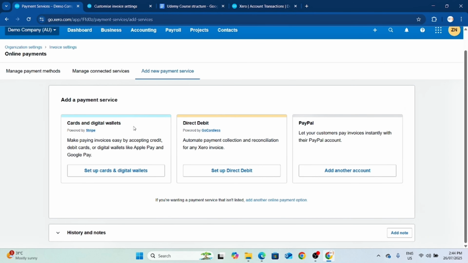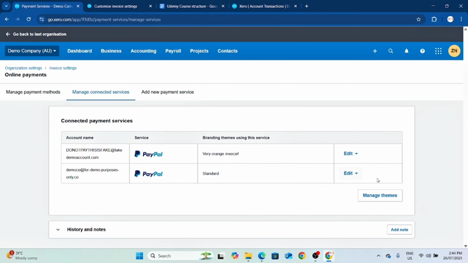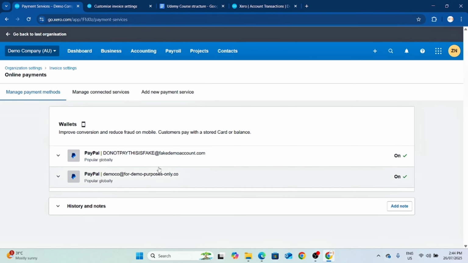You can attach cards, direct debits, like direct to your bank account, or you can set up multiple PayPal accounts. Manage connected services. Once that's connected, you can decide if you want to remove or keep them. And that's about the payment service. So ideally, you would need to set this up if you are sending invoices. So that's about invoicing